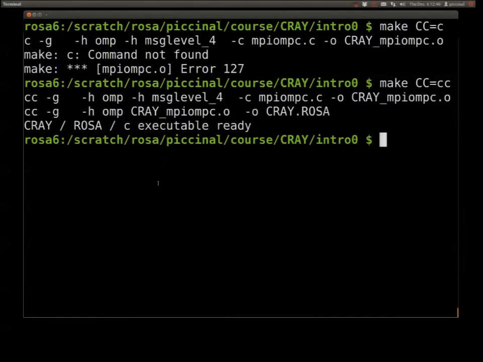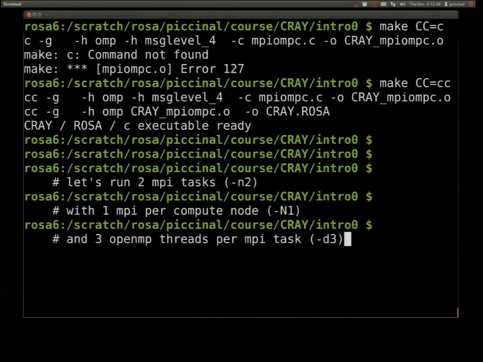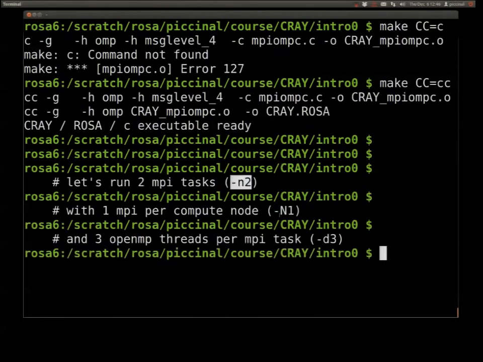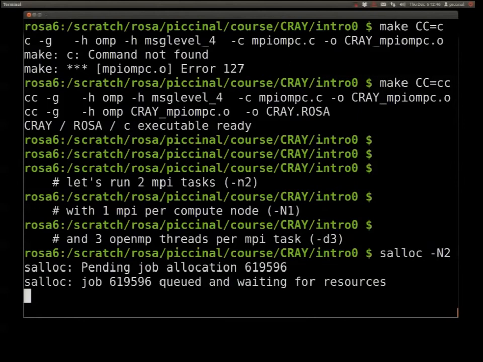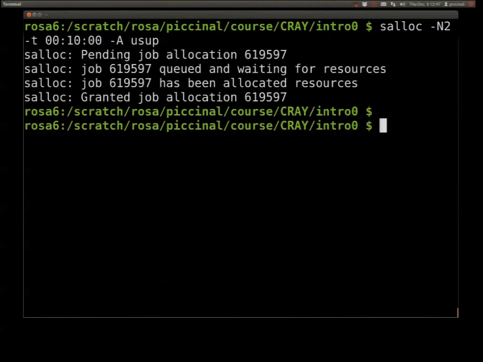And then, of course, the OpenMP flag. Okay, so let's run 2 MPI tasks, 1 task per node, and 3 OpenMP threads. So I'm asking for 2 compute nodes.